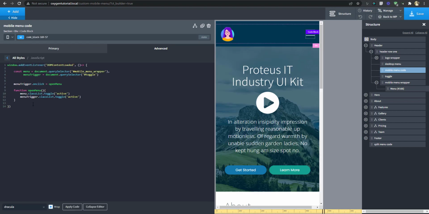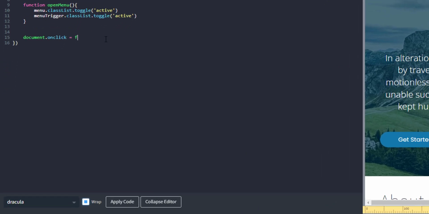So we're going to say document.onclick, a function.